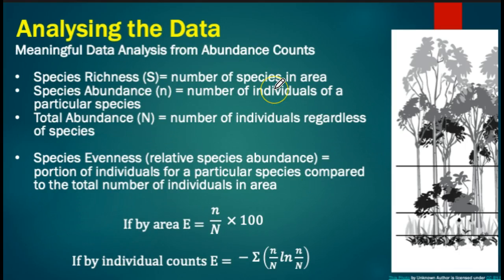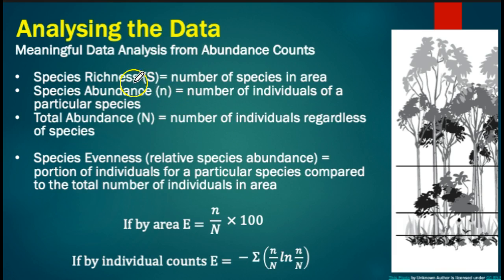Now, what do we actually do with those counts? This is essentially what we do. We work out things called richness or abundance or evenness or Simpson's diversity index. We're not going to go over things in too much detail because you'll be practicing them in class, and there'll be some individual videos showing you how to work out some of these, but I'm going to go through the